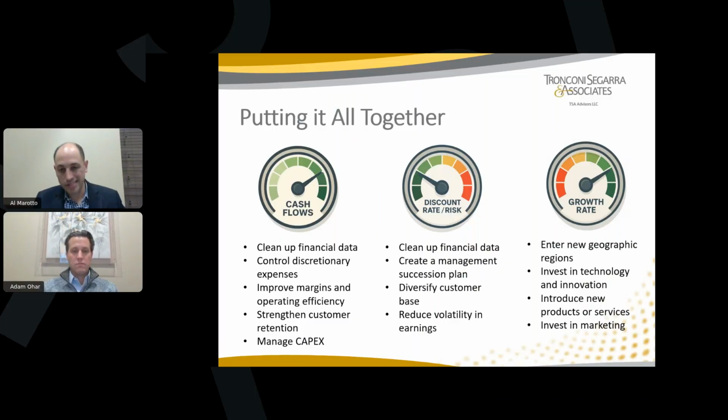And then finally, with the growth rate, that's kind of hard to impact. You can enter new geographic regions depending on your business. I'd say the biggest thing right now is investing in technology and innovation. How is AI impacting your industry and your business? AI may be replacing some of your services, which is a reduction in your growth rate, a reduction in your cash flow, but it also may be helping save expenses in terms of efficiency, replacing some workforce you don't need. That enhances your value too. And investing in marketing, do some advertising to help spur some growth in your business.